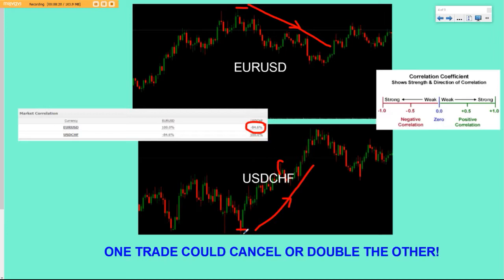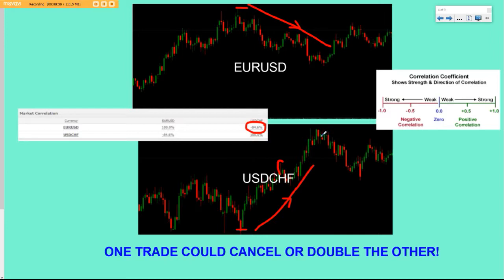And I'm buying this way because I know that they're moving in opposite directions. So the fact that I'm buying here and I'm buying there, the market will trigger me into this one but not this one. So that's one way of trading correlation between currency pairs. That's not my strategy, and I wouldn't want to trade this way. However, some people do use it, and as I promised, I was going to show you how you could use correlation to trade. So this is a good strategy if you're going to buy there and buy there, but not being triggered in, but triggered into this one. Look at that nice move you would have got.